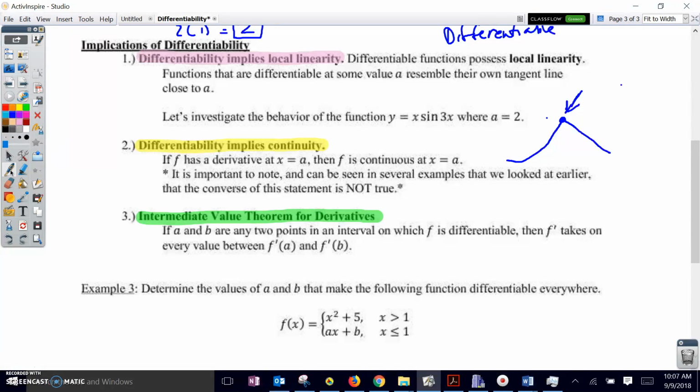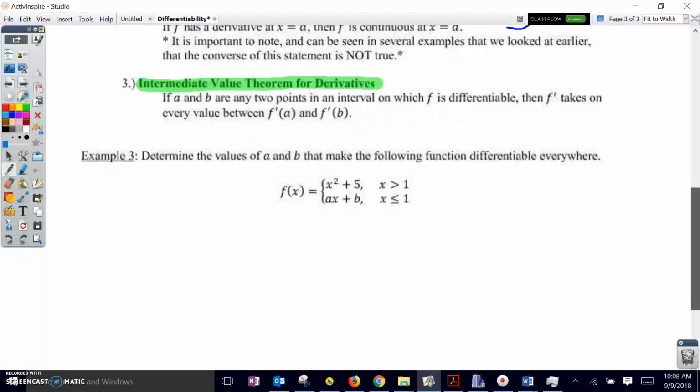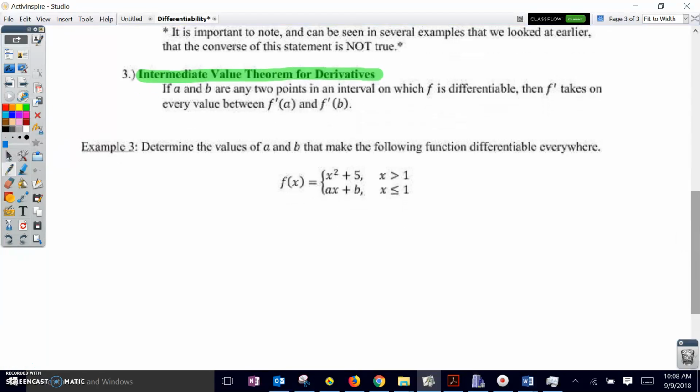So if we know that we have these 2 points in an interval, and the derivative at one of them is 2, and the derivative at the other one is -1, then every point in that interval, the derivative has to meet every value between 2 and -1 in that interval at some point in time. Okay? Alright. Last example related to this lesson, we're going to determine the values of a and b that make